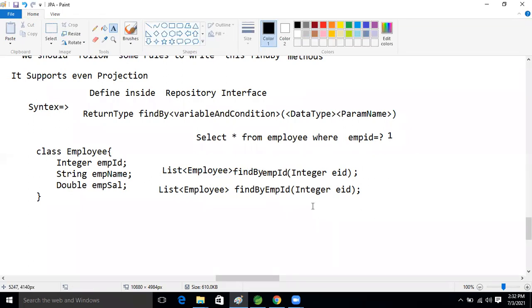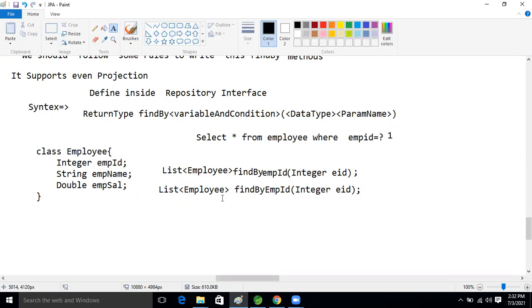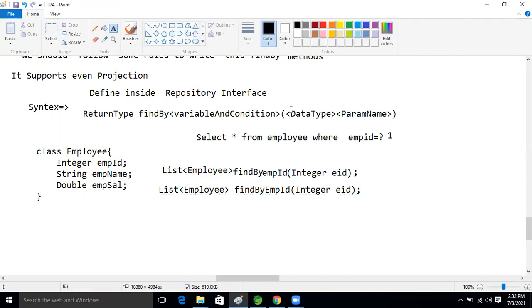So okay guys, next let's see another thing I'm writing. One more thing, and there we will get a clear picture again. I want to select the record based on emp id. Can you give the findBy method syntax now, guys? Come on, anybody use the chat box. We will learn together. Based on emp sal, we want to write the findBy method.